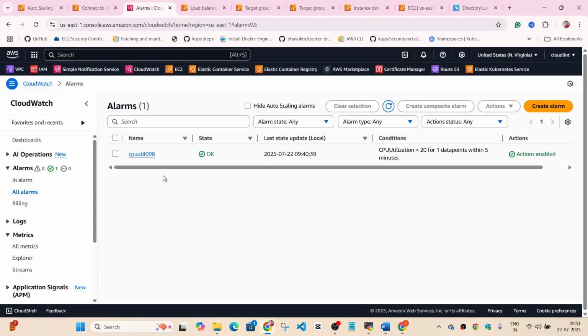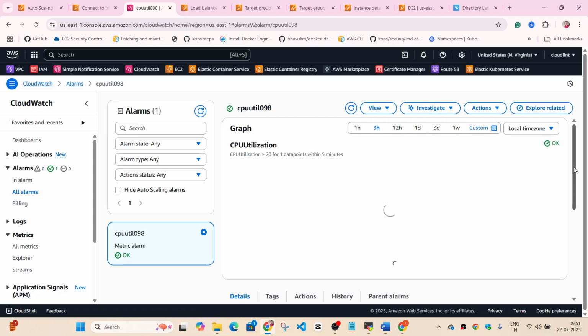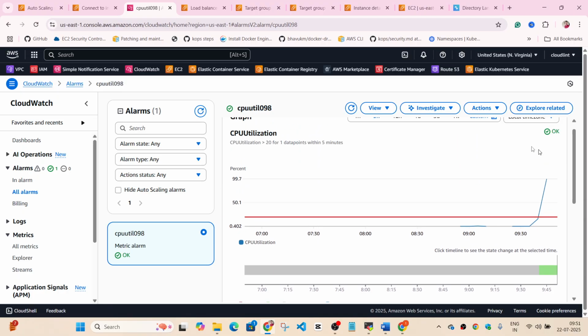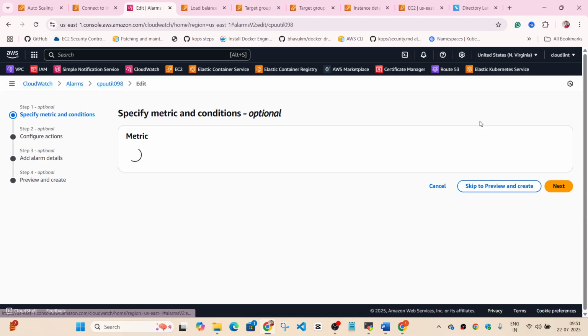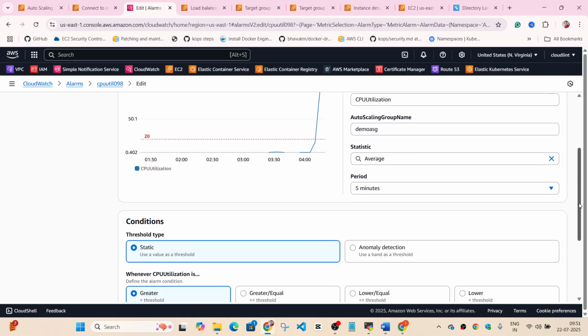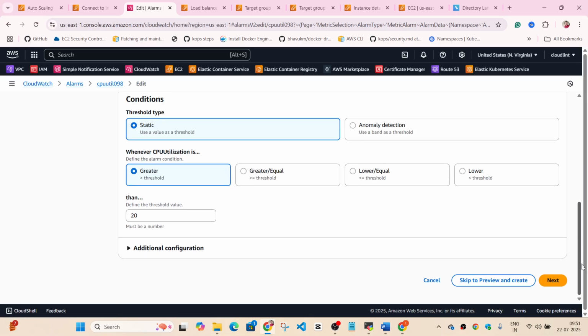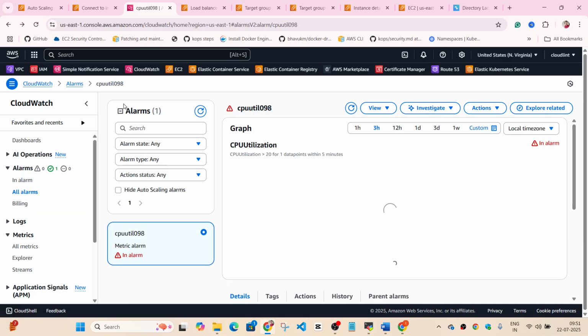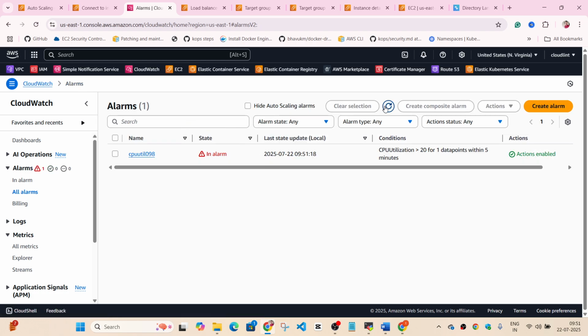So what we can do is, another thing we can change here is, when you see anything like that, you can edit and you can, okay, no, I think it triggered. So let's just cancel out. Let's go to alarms. Okay, in alarm, yeah. One more thing I wanted to change, I'll show you.